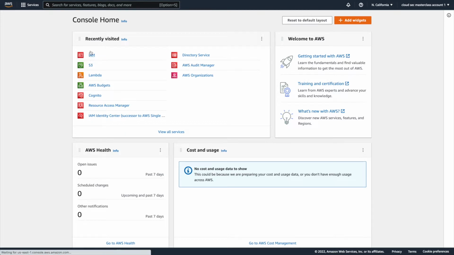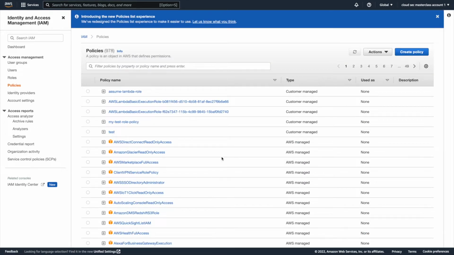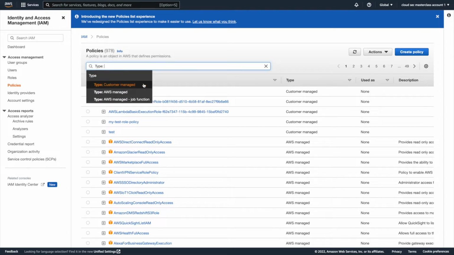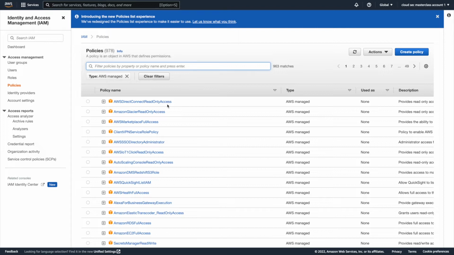So click on IAM. I'll go to policies here. And I see the list of policies here, and you see the type here. I can click on filter type, and you see the three different types of policies. Let's click on AWS managed policy first, and you'll see these are policies created by AWS and pertaining to specific services. Like this is for Direct Connect read-only access. This is for Glacier read-only. This Marketplace full access, VPN service full access. So the policies are specific to a particular service, and it either grants full access, read access, or